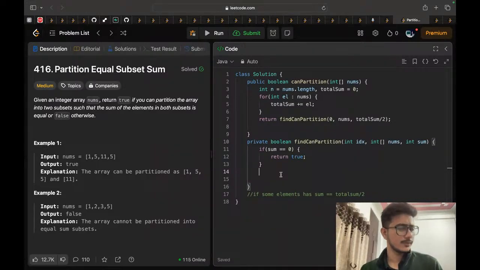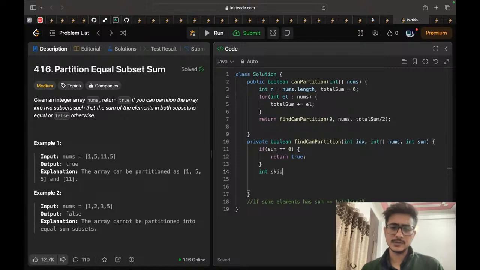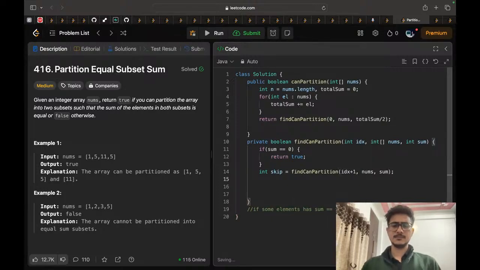and other than this, we have an option. For example, here we are picking up numbers, but we have skipped this number, so we need to skip some numbers also. So we can either skip a number or take a number. So let's first skip a number. If we skip a number, we will not include it into our sum, and we will just move to the next index, and there will be no change in our sum. Okay,